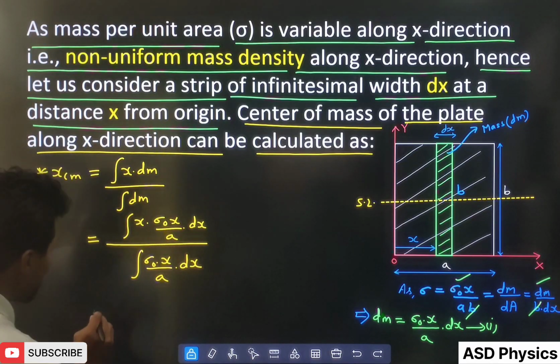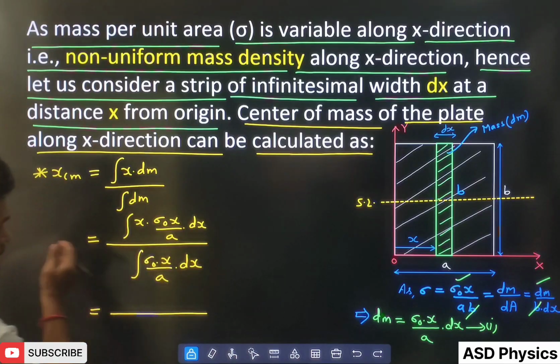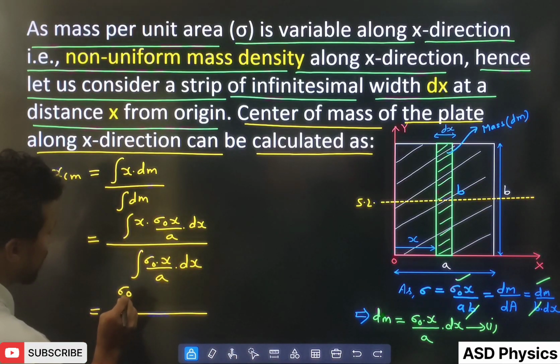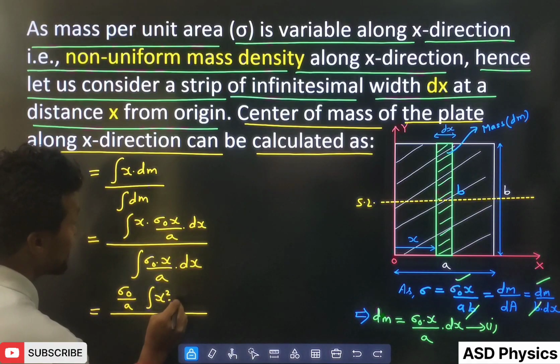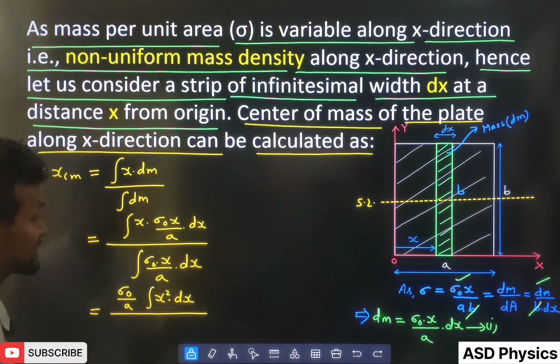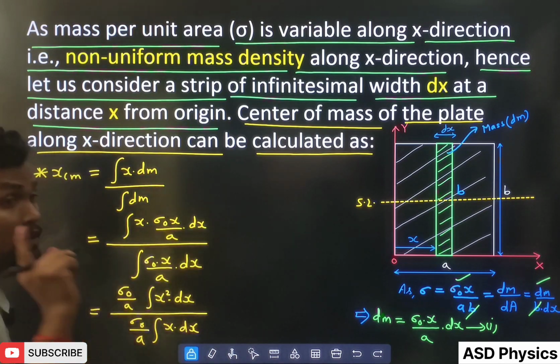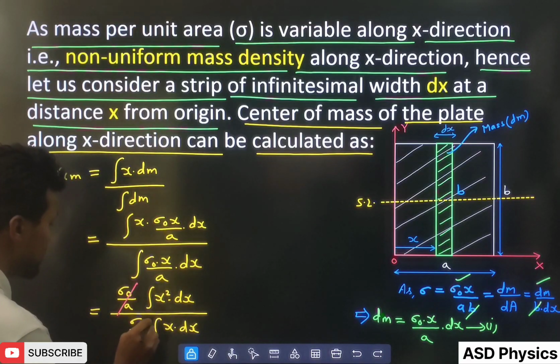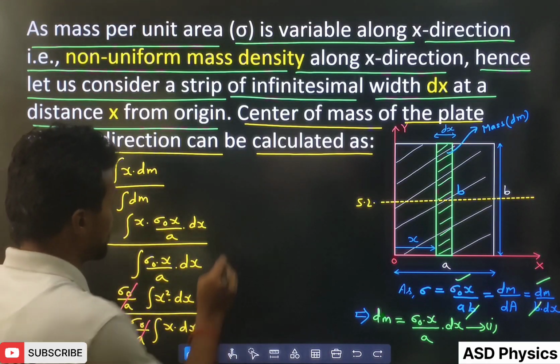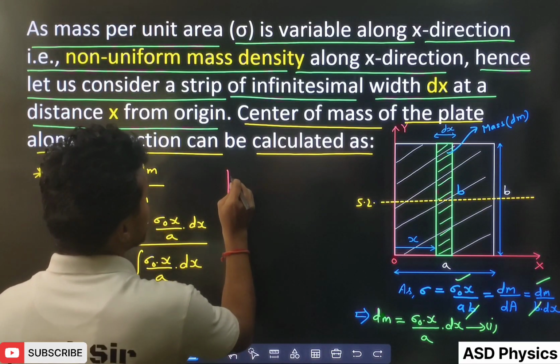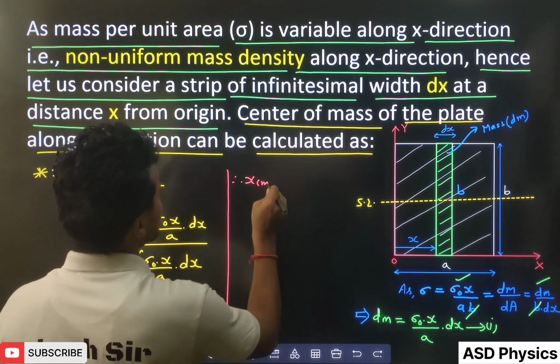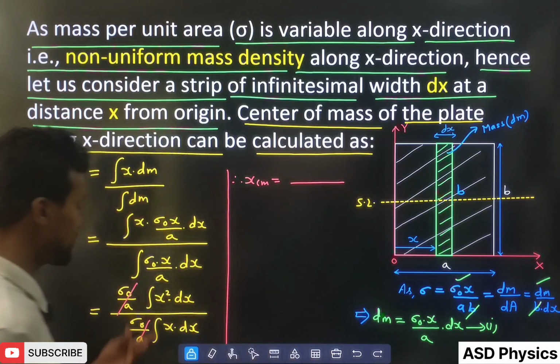Now we are going to take out the constant sigma naught, so sigma naught by a will go outside, and this will become x square into dx. Similarly in the denominator also, sigma naught by a will come outside, so it becomes x into dx. Now this sigma naught by a cancels. So hence we can write the XCM value, which we are calculating, will become